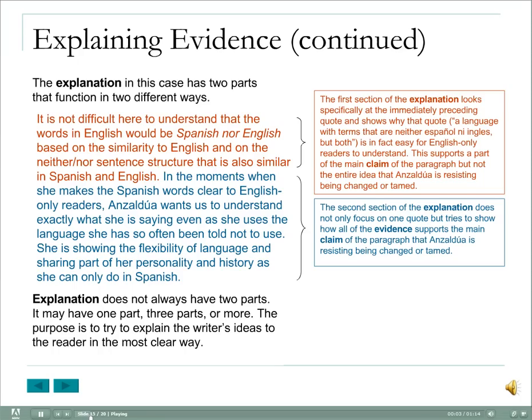The explanation in this particular paragraph has two parts that function in two different ways. Let's look at these. The first section of the explanation, shown here in the red color, looks specifically at the immediately preceding quote and shows why that quote, a language with terms that are neither Español ni Inglés, but both, is in fact easy for English-only readers to understand. This supports a part of the main claim of the paragraph, but not the entire idea that Anzaldúa is resisting